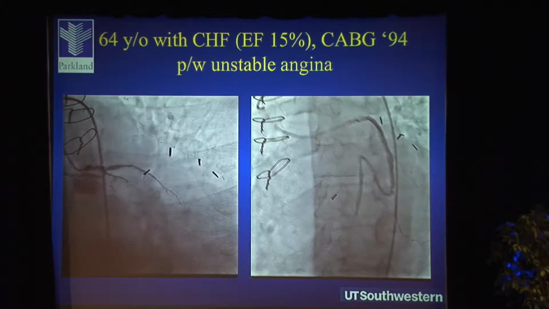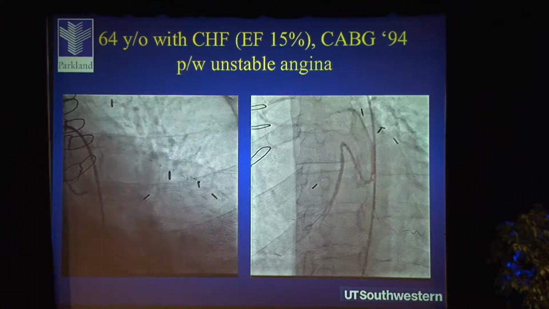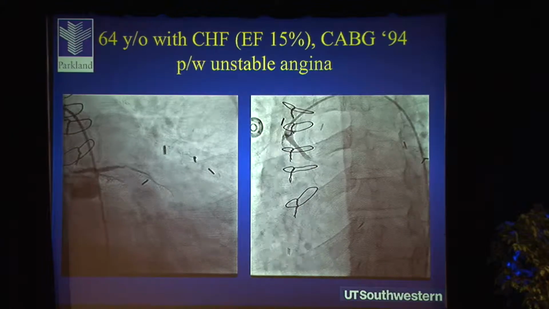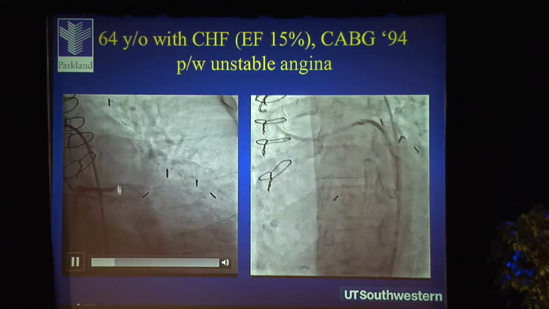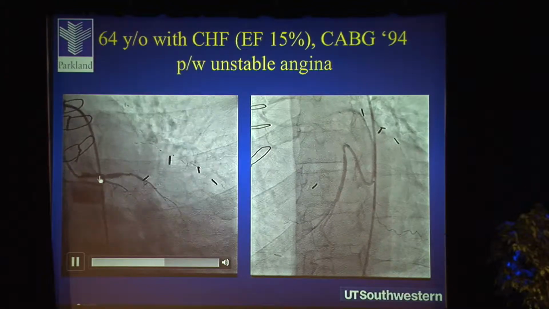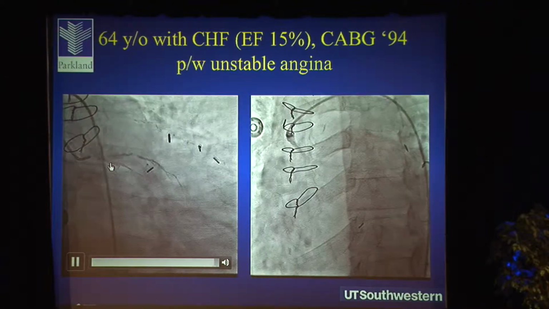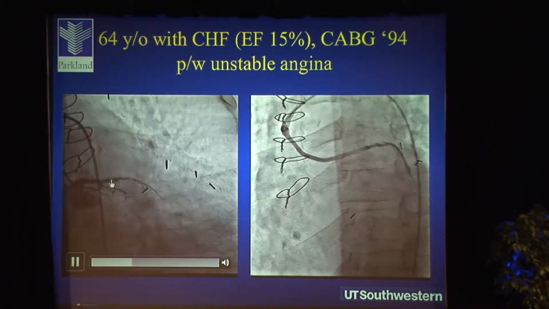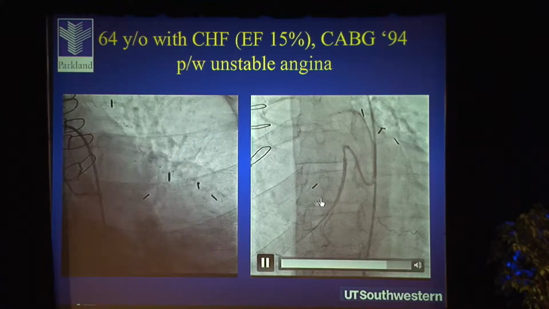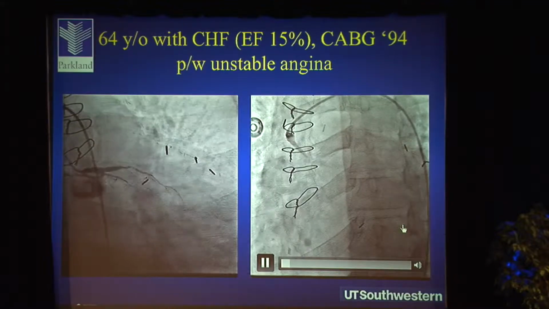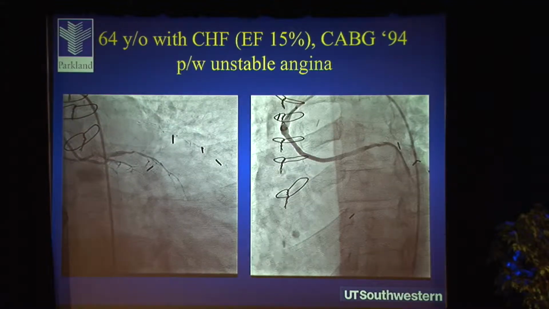Mr. H is a 64-year-old man with heart failure, had CABG in 1994, and presented to our hospital with unstable angina. And here's his diagnostic angiogram. You can see his left coronary is diffusely diseased, starting at the left main, has an occlusion of his proximal circumflex, and then mid LAD is occluded. He actually has a patent LIMA. If you look over to the right, he has a patent graft that doesn't have the best flow in it,